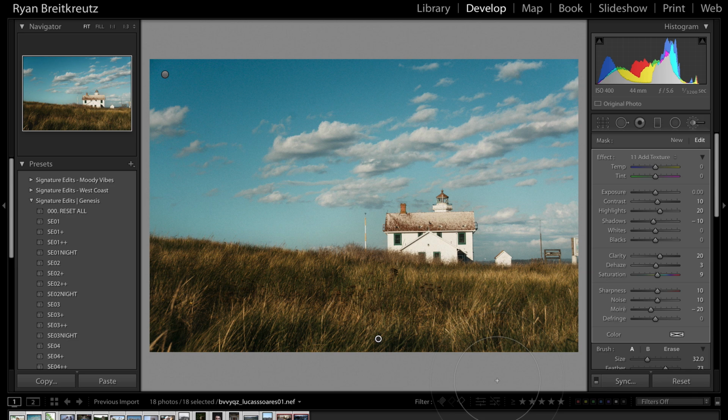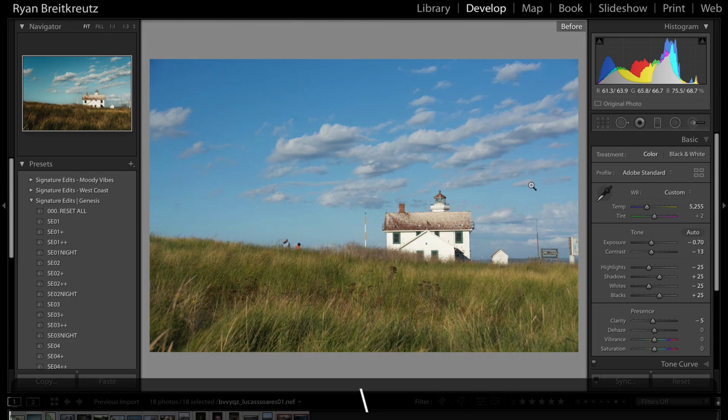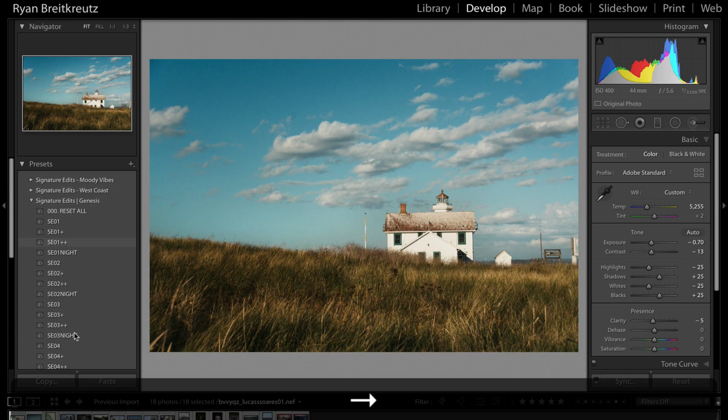Perfect. So here's before, and here's after. Very subtle, but it makes the photo pop that much more. So I'm feeling pretty good about this photo. Here's before, and here's after. That's how I would do a landscape photo with the Genesis pack. Next up,